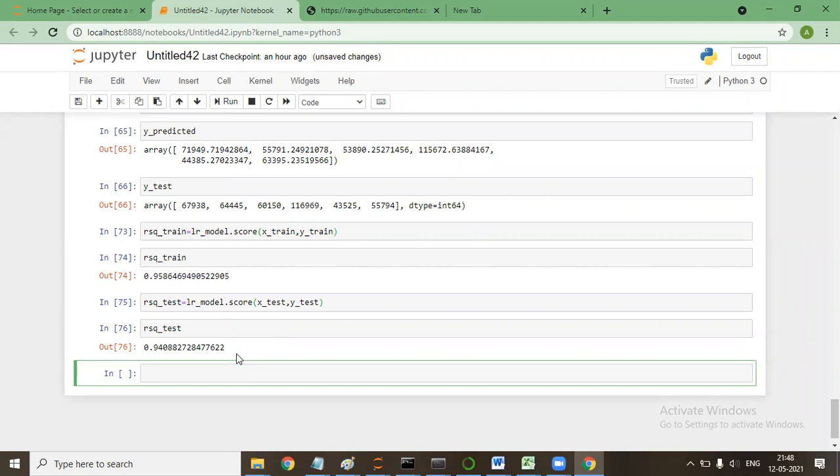Anybody else any doubt? Sir, can you explain the mean absolute error metrics for this kind of thing? What do you want me to explain? Mean absolute error. R square is one of them. So I will tell each and everything, don't worry.